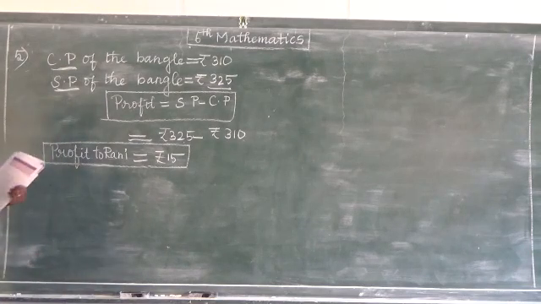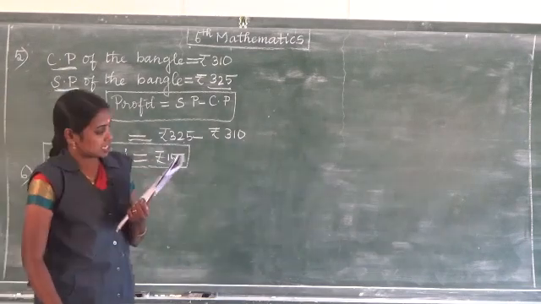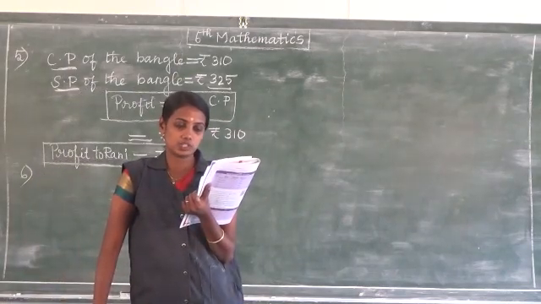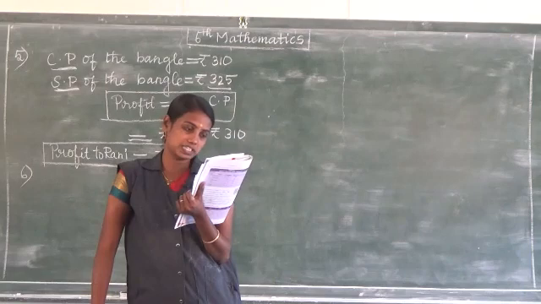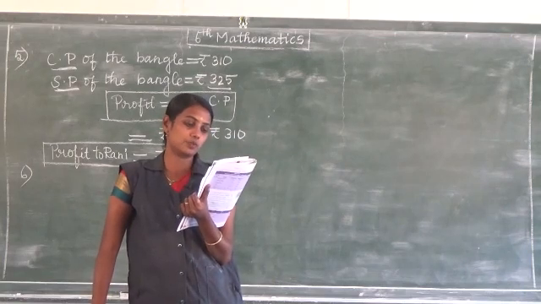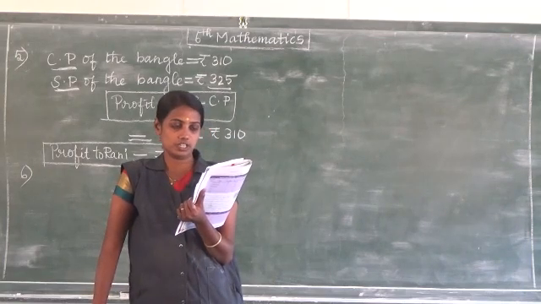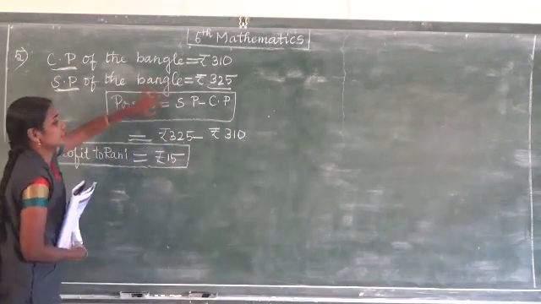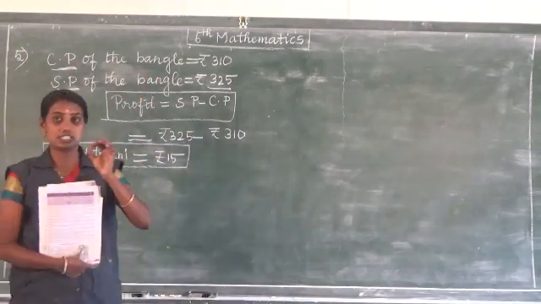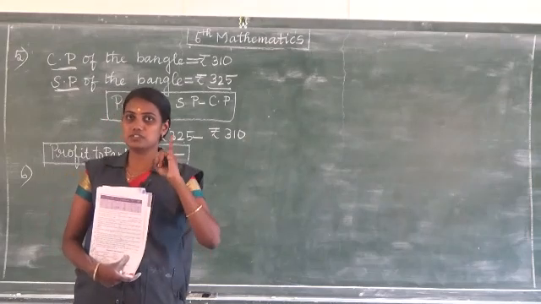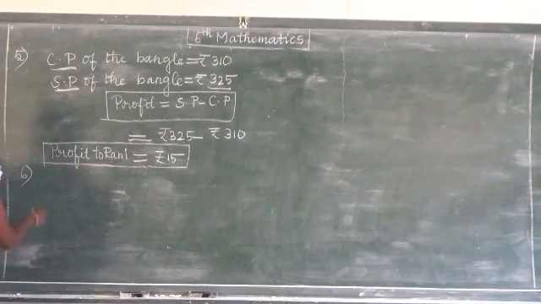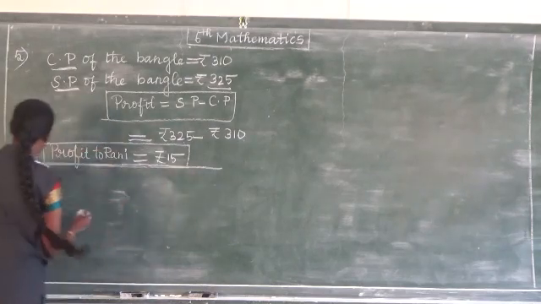Next, question number 6. Sugan bought a jeans pant for rupees 750. It did not fit him. He sold it to his friend for rupees 710. Find the profit or loss to Sugan. Here you don't need to write these words. Instead, write what is needed, which means the cost price and the selling price are enough to write. So from this problem we will follow it.